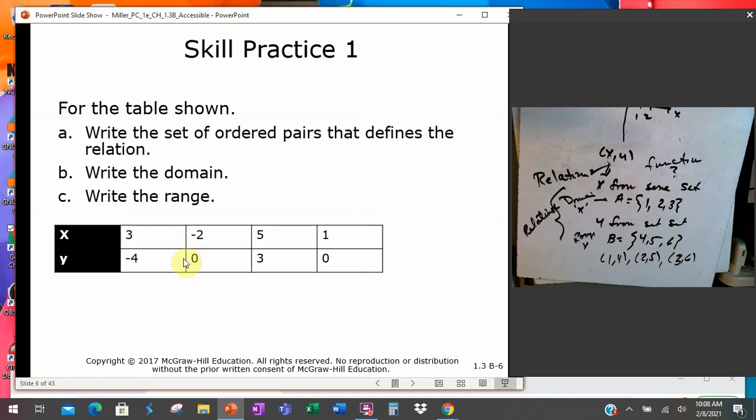So here's the domains, here's the ranges, and what we're going to do is look to make sure that we don't have any value of x going to two values, okay? So 3 goes to -4, -2 goes to 0. Here's the ordered pairs: (3, -4), (-2, 0), (5, 3), (1, 0). So I see each one of my x's only listed one time, and they only go to one individual output. So if I had 3 going to -4, 3 going to 0, that would be a problem,